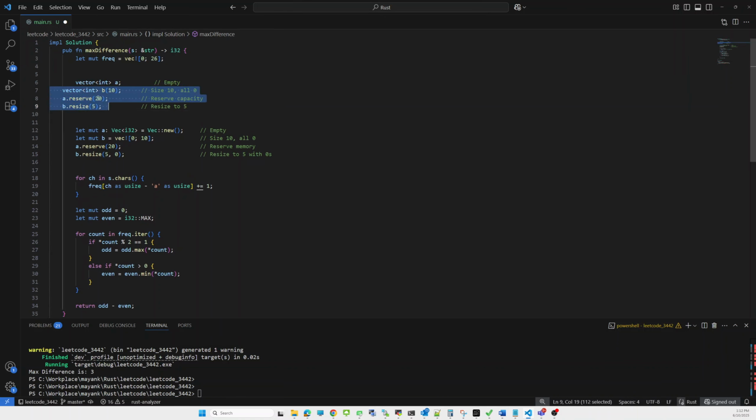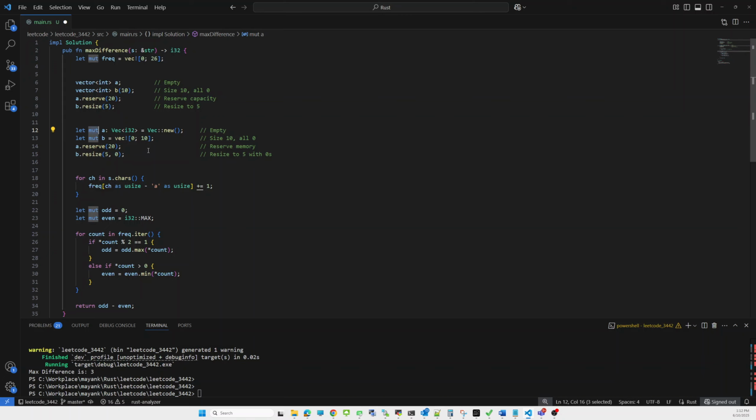So in C++, how do we create an empty vector? A vector of int type with the variable name a. And in Rust we use let mut. This mut tells the compiler that variable a is mutable, so we are able to change its value.